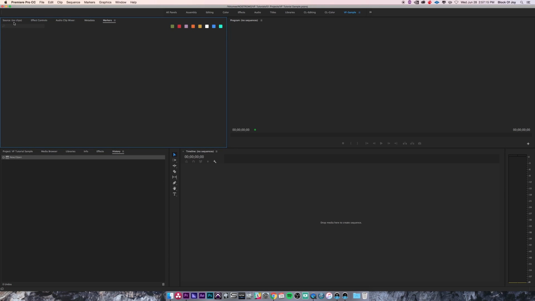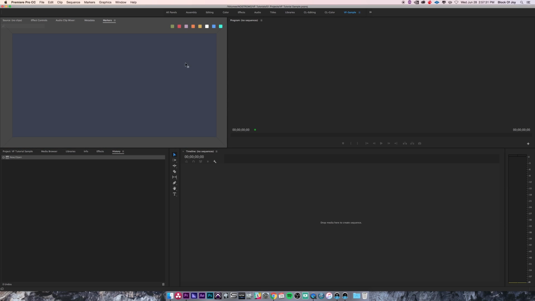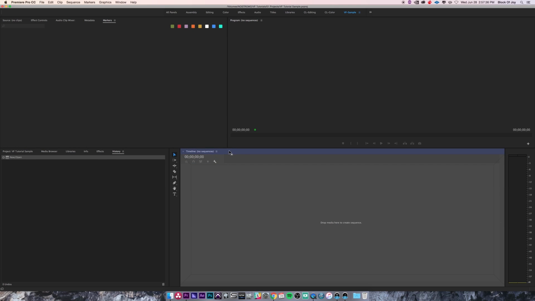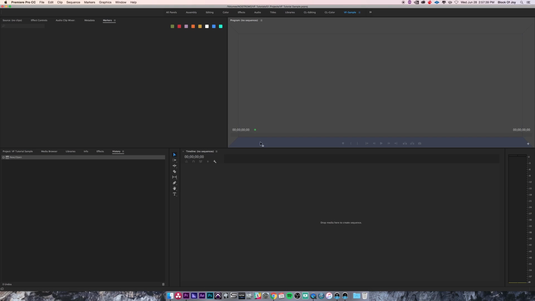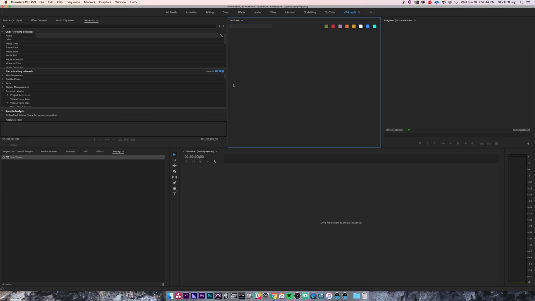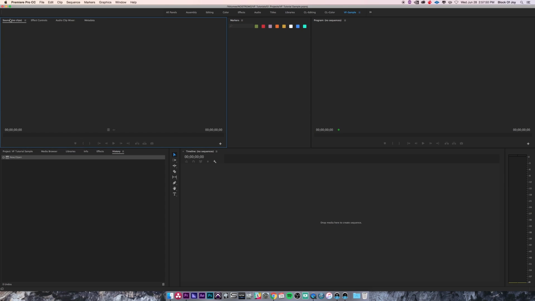Now that's different than docking something. Docking something is essentially just placing it into its own panel somewhere. So let's say I want to make, like I said earlier, my own Markers panel. I would click and drag off to the side here. You can see now it highlights this little sliver. I can do that on any one of these, whether it be the top or the bottom or the side. I can place it anywhere. But I want to place it here. Now you see that it's docked right there between the Program Monitor, or I should say the Program panel,